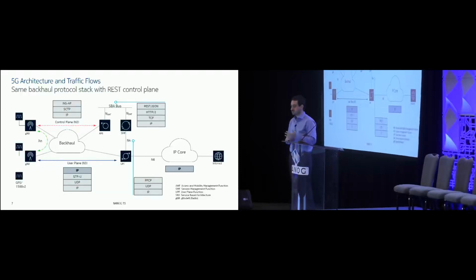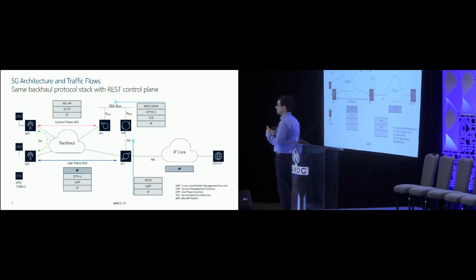The two most used protocols in the control plane for 4G networks are Diameter and GTP-C, GTP control, an extensible protocol for sending control information. 5G is now based on RESTful interfaces. So all of the 5G core elements that sit in the control plane can talk to each other using RESTful interfaces. And we also have a new model, which is called the service-based architecture,